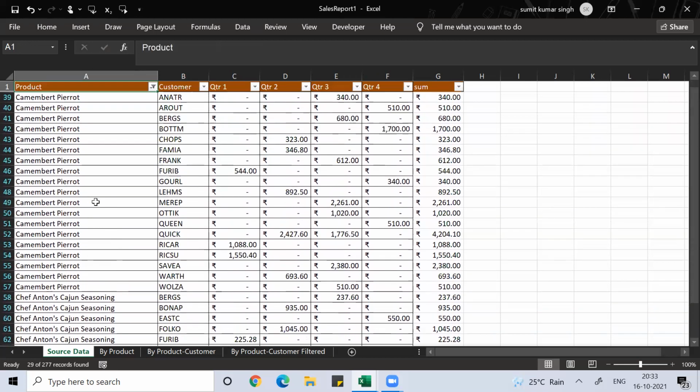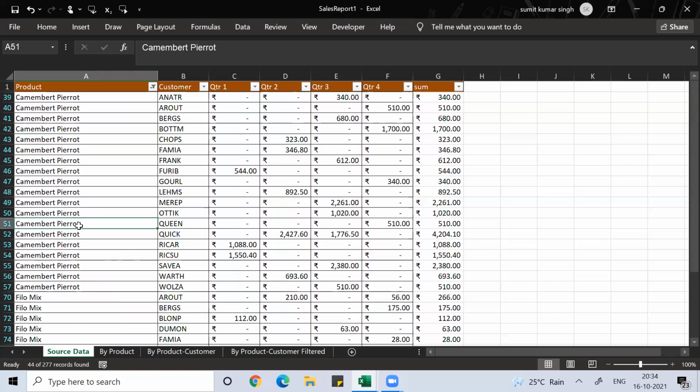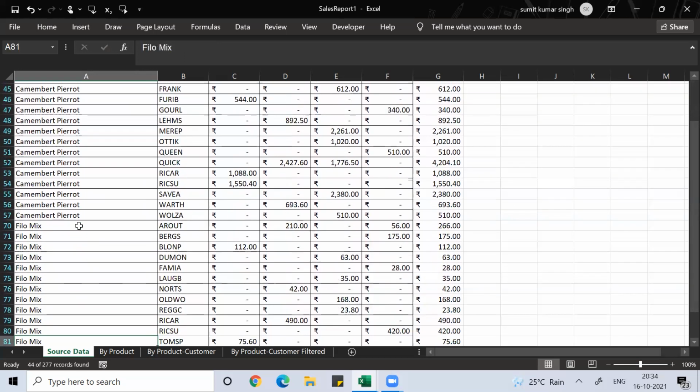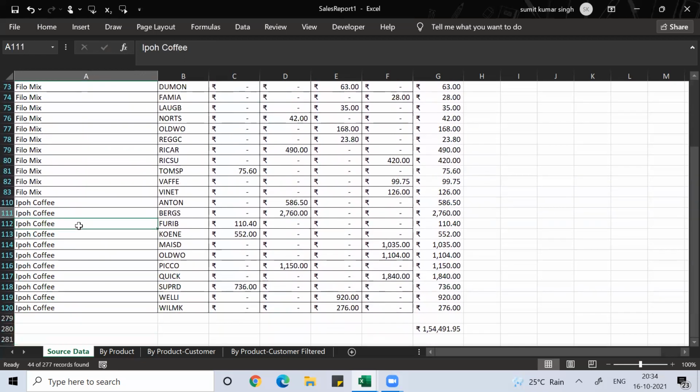You're getting it, then you can do manual investigation. There are functions called SUMIFS, COUNTIFS and all, but we'll discuss them in future. Right now, just talking about concepts like filter. You simply remove Select All, and you can simply select any specific data for which you want an entry. So if you have a lot of data and you are not interested in every data, you're just looking for some specific data, you can use filter.